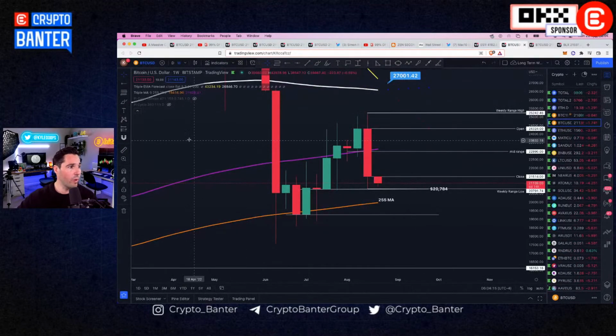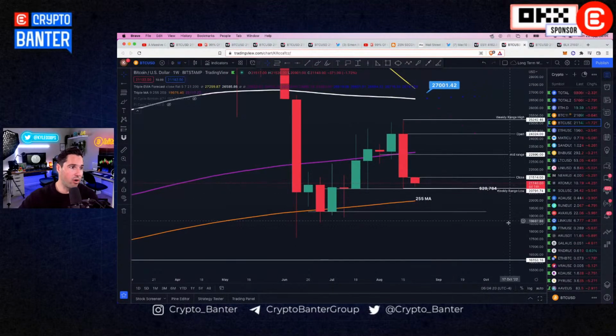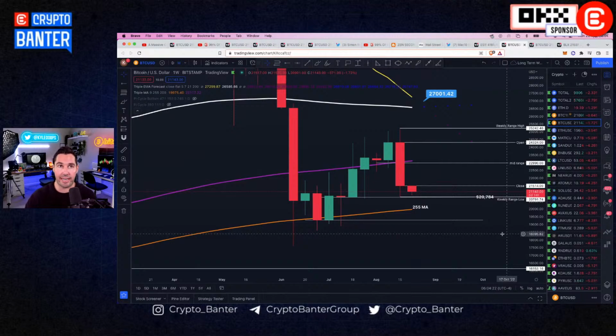So weekly chart, one of the most important charts, second to the daily. This is kind of what you're looking at. Now, when you do your technical analysis, you want to always ask yourself, based off of the prior week's candle close, what is the most likely thing to happen this week? So the most likely thing to happen when you look at a candle like this is, of course, continuation to the downside. Now, when looking at that continuation to the downside, you want to then start to take into consideration other time frames like 3-day, 1-day. Daily is going to be the most important in the current environment,